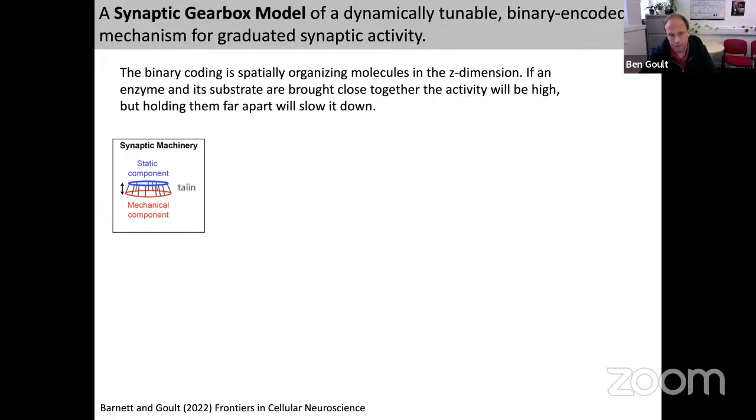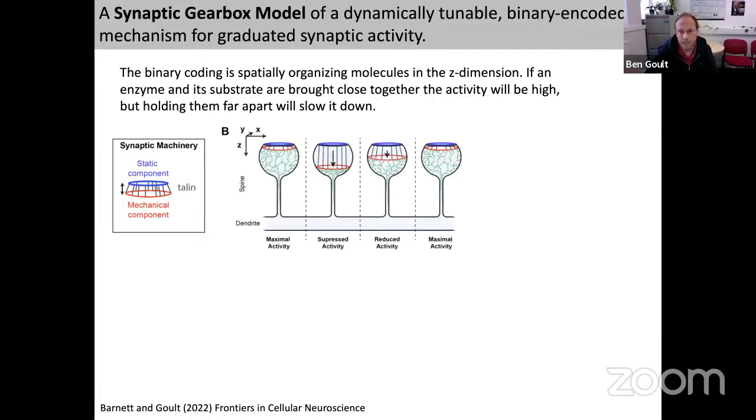in Z. So then you can imagine a scenario where you have a static component and then you move the other layer up and down relative to it by switching on the motor proteins and switching on contractility and reorganizing these synaptic scaffolds, which don't have to just include Talin. There are other synaptic scaffolds available, but Talin is the only one which has got these 13 binary switches in order. But then you can start to imagine that you could look at a dendrite, which has got 100 or